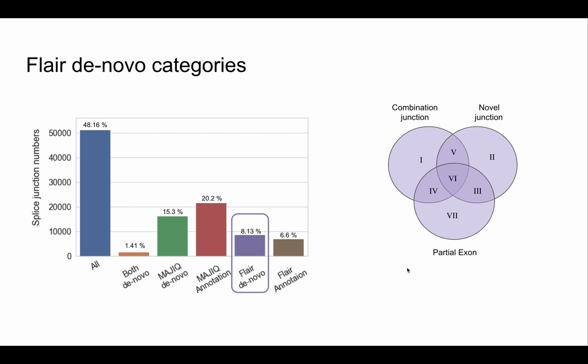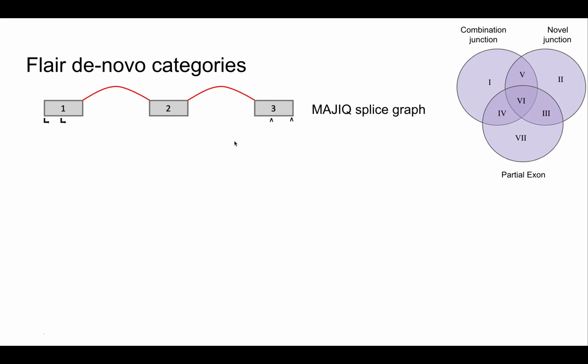For FLAIR de novo, since FLAIR reports isoform as a final output, we break it down into combination junction, novel junction, partial exon, or any combination of those categories. We show FLAIR de novo categories by comparing with the MAGIC splice graph. The first row represents the splice graph visualized by MAGIC, showing 3 exons and 2 junctions found by MAGIC in annotation. The arrows in exon number 1 mean transcription start site, and the carrots in exon number 3 mean transcription end